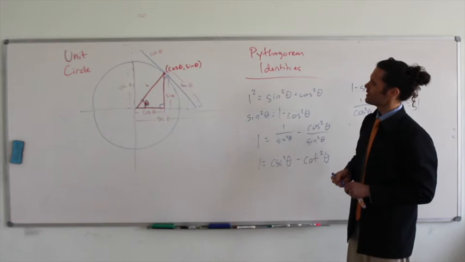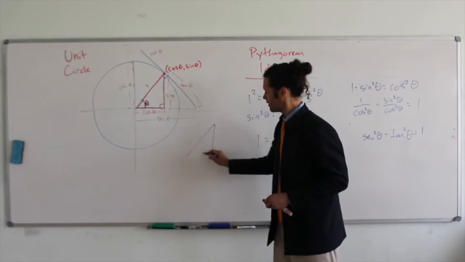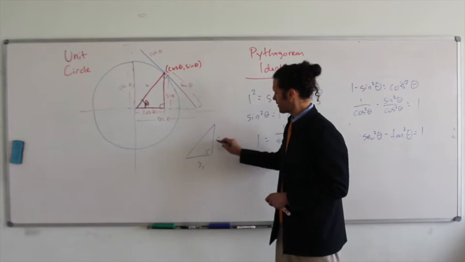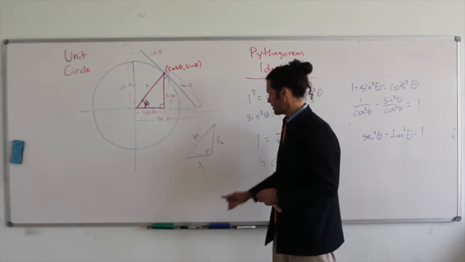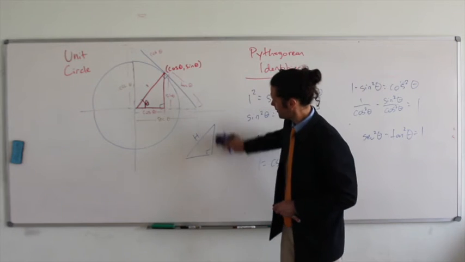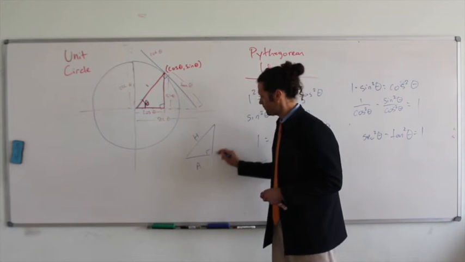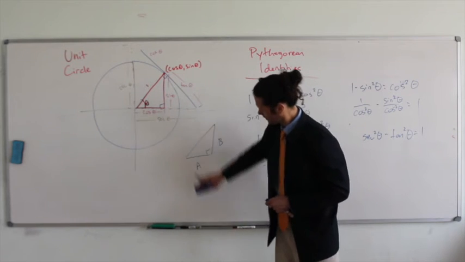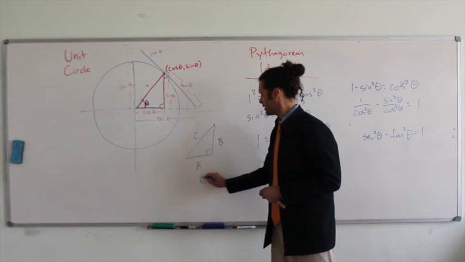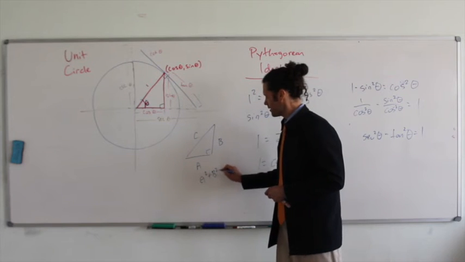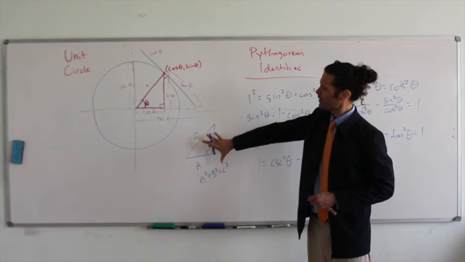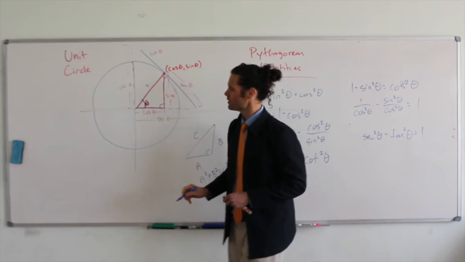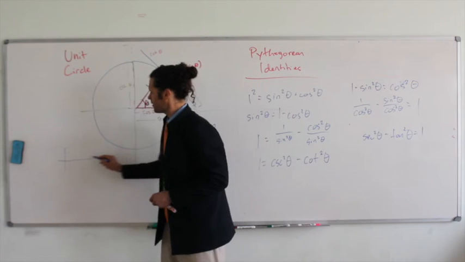But the main idea here is that we're moving from that geometric side 1, side 2, and hypotenuse, or a squared, b squared, and c squared for our Pythagorean theorem, where we have a, b, and c, and then a squared plus b squared equals c squared. We're moving from this, applying it to the unit circle, and then coming up with these trigonometric ratios,